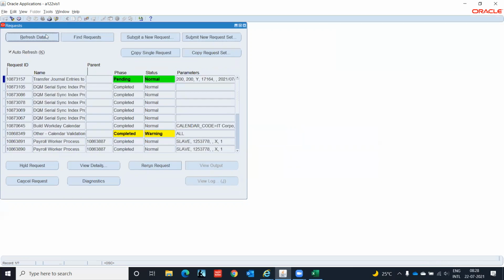Because at the online level, we ran the final accounting for one invoice. Okay, we will see other things related to accounting tomorrow. This we are just now closing. The transfer journal entries to GL program has started the journal import. Journal import means AP to GL goes through the import process.